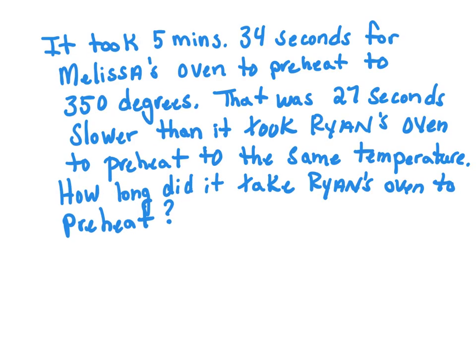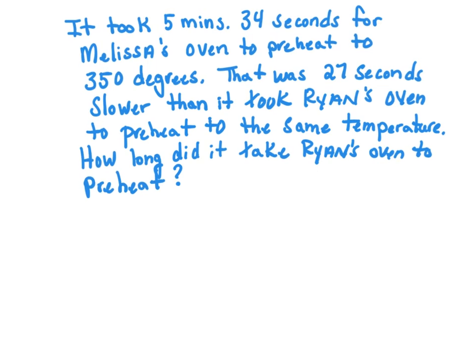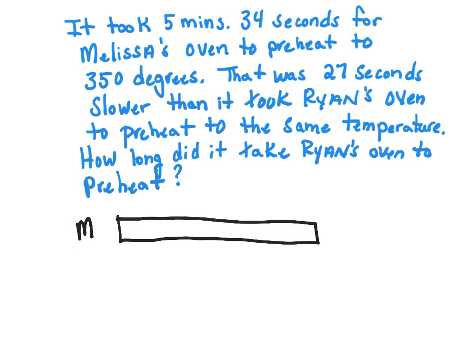It took 5 minutes, 34 seconds for Melissa's oven to preheat to 350 degrees. That was 27 seconds slower than it took Ryan's oven to preheat to the same temperature. How long did it take Ryan's oven to preheat? Well, I think what's going to help us here, guys, is making some tape diagrams. So over here is going to be 5 minutes and 34 seconds for Melissa's oven to preheat. And then we get Ryan. But Ryan was slower,